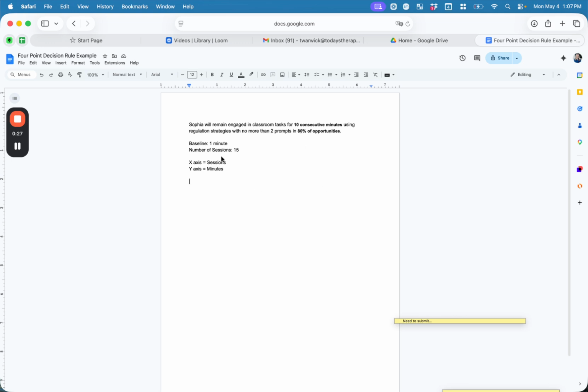And so I'm going to, her baseline was 1 minute. And we're going to look at over 15 sessions. So I'm going to do it that way. Or you could do it by how many weeks before that goal. So I'm going to start here and I'm going to go